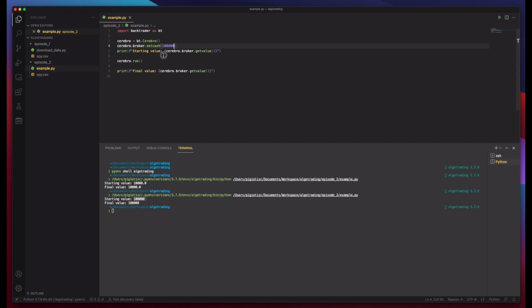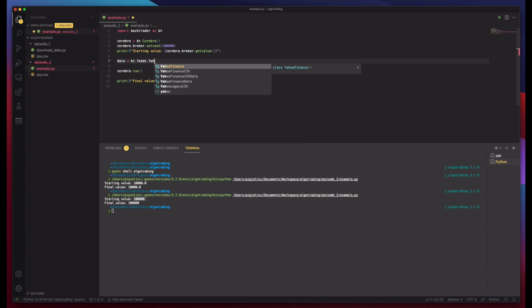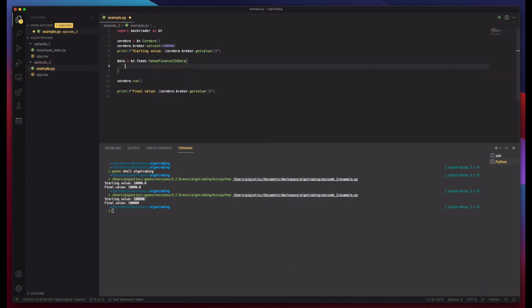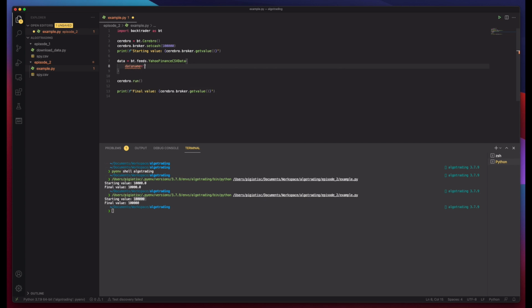So here we can do data equals bt.feeds.YahooFinanceCSVData, and it takes 3 parameters. First is the data name, which will be the path that I'm running this from. So for us it will be episode 2/spy.csv, and here it takes a from date equal to